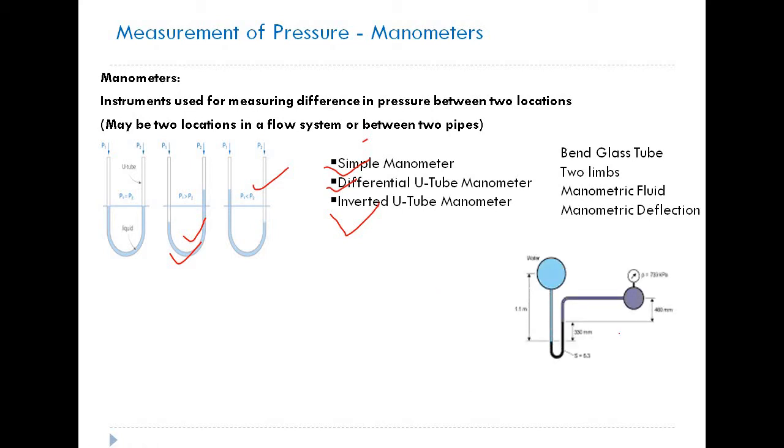For clarity and understanding, let us see this arrangement. Two fluids, one is water, this is another fluid. The pipes are at different locations. You see this? This pipe is at a distance of 1.1 meter from this. This is another location. These two are having different locations, different elevations from the datum. We use a manometric fluid which is marked in black. Pressure of water is more, that is why it is pushing down in the left limb.